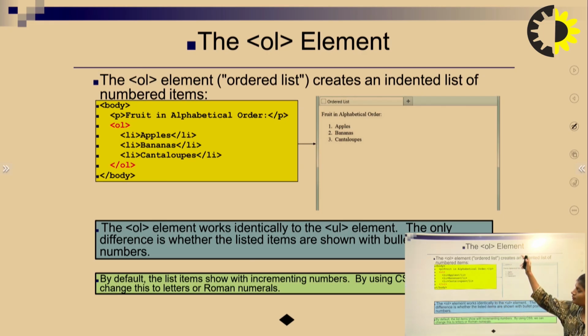Here the list items are provided by numbers, but in an unordered list, the items are provided by a bullet. By default, the list items are shown with incrementing numbers like 1, 2, 3. By using CSS, we can change this to letters or Roman numerals. By default, it is displayed as 1, 2, 3. So thank you for